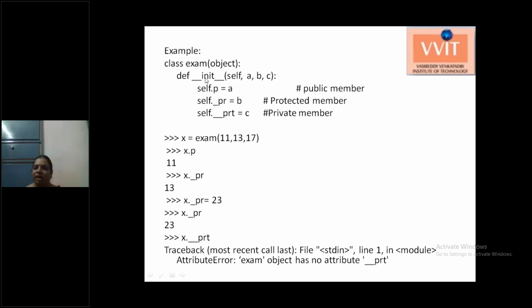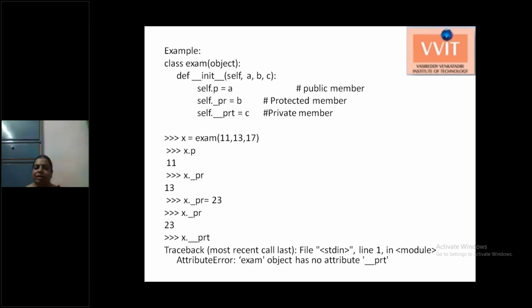That is, whenever you create the object for the exam class, we will pass 3 values to the object. Here I'm creating 3 variables. In self.p, the p variable is not prefixed with any symbol, so p is a public variable. PR is prefixed by one single underscore, so it is a protected variable.